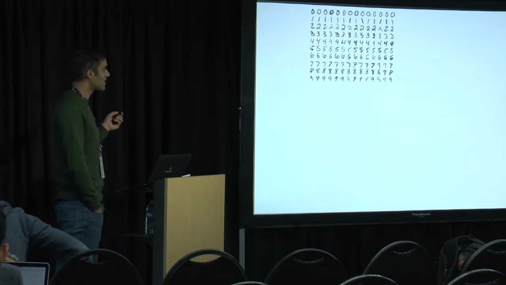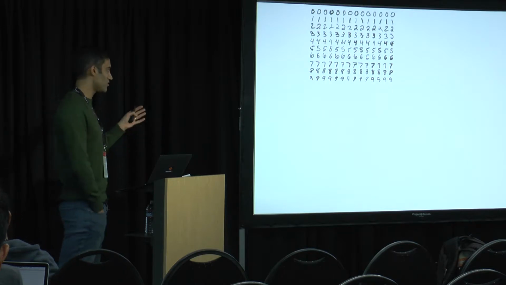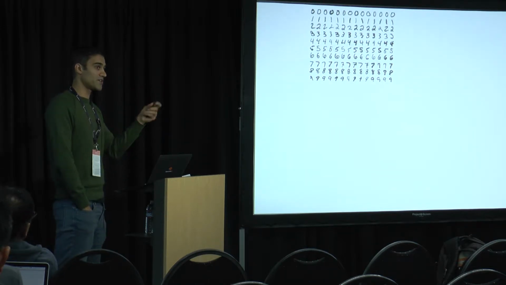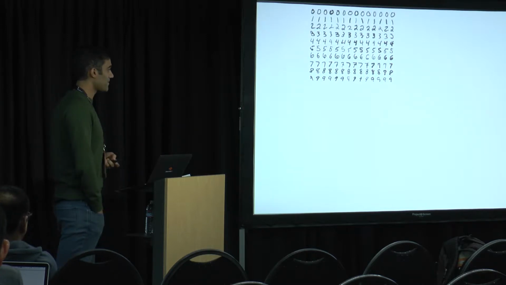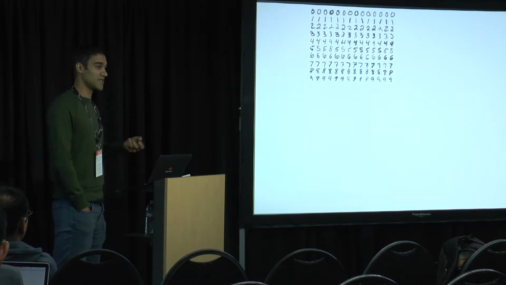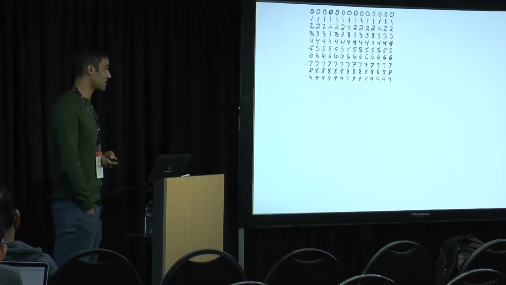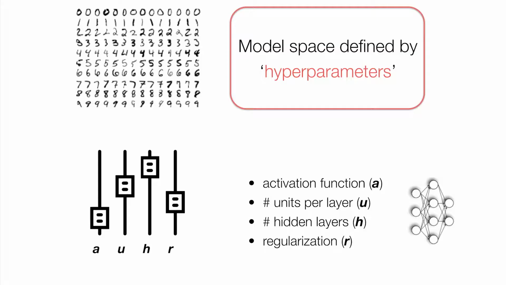You have a bunch of images. This is the MNIST data set. It's very old, but people like to use it. Right. The goal is just to predict, given a new image, whether it's a 0 through a 9. Okay. And imagine we want to use some family of deep learning models to learn a model to make these predictions. Right, so the first thing we're going to do is, we don't just pick a model, we pick a family of models which determines this model space or a set of hyperparameters that we want to tune.